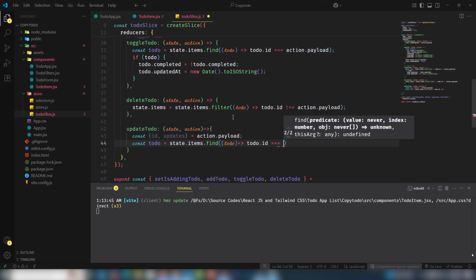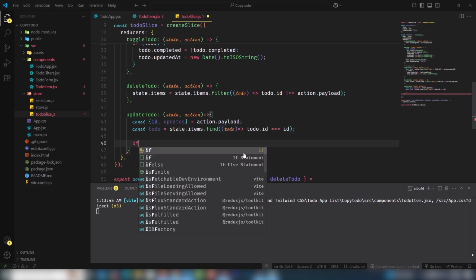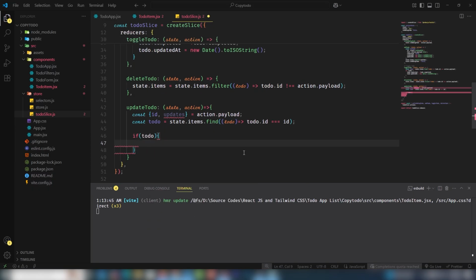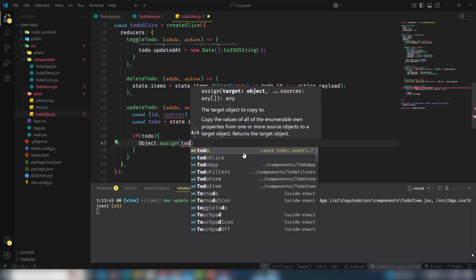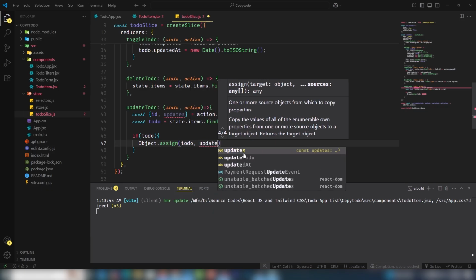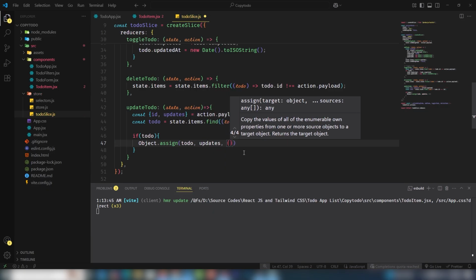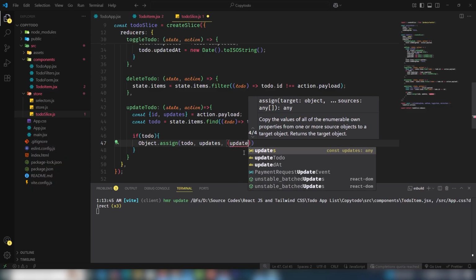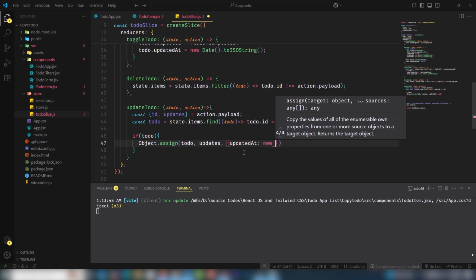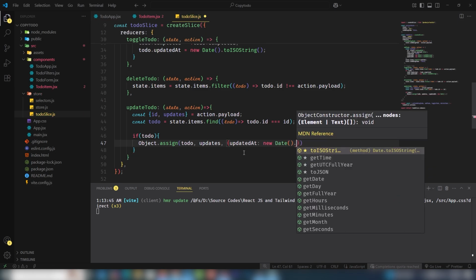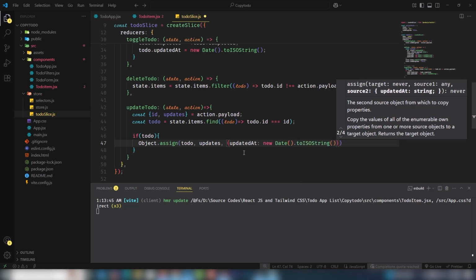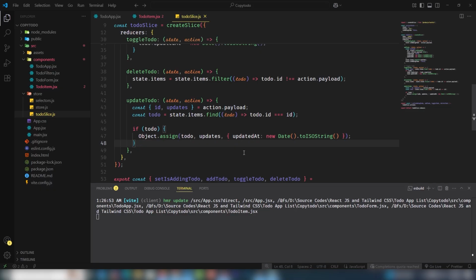To-do.id is equal to match with our ID, which is coming from there. If to-do is true, then I need to use Object.assign to-do updates, and also I need to use updatedAt to generate the new date, guys, toISOString. Okay, yeah, perfect. So I need to copy the function